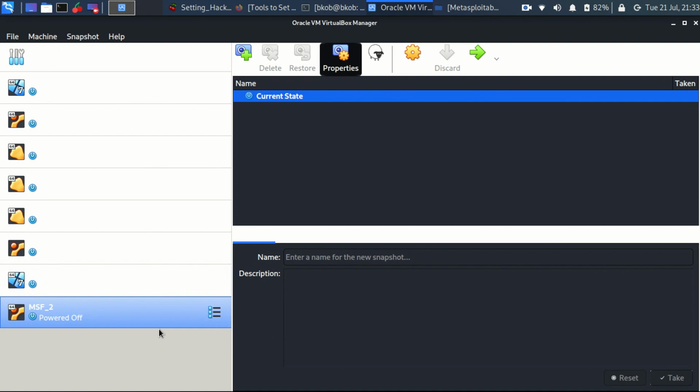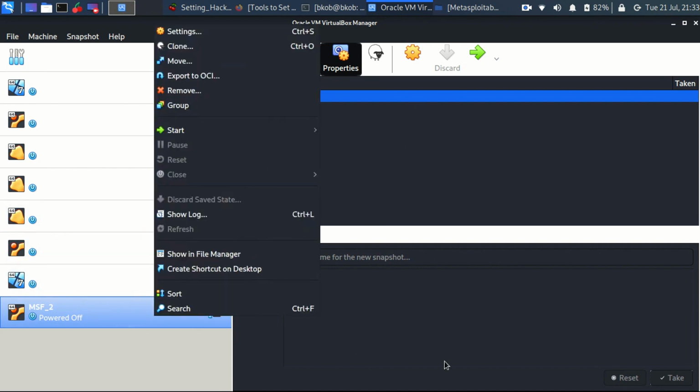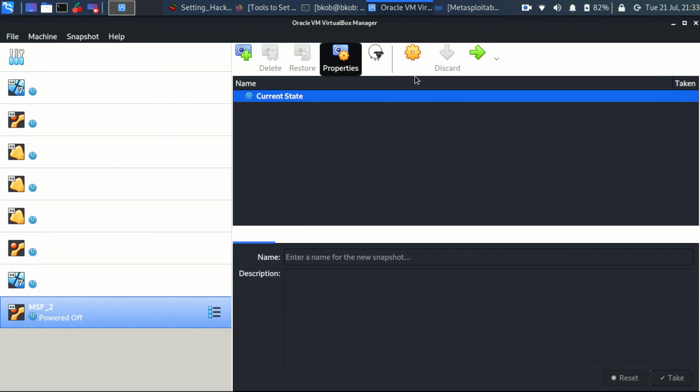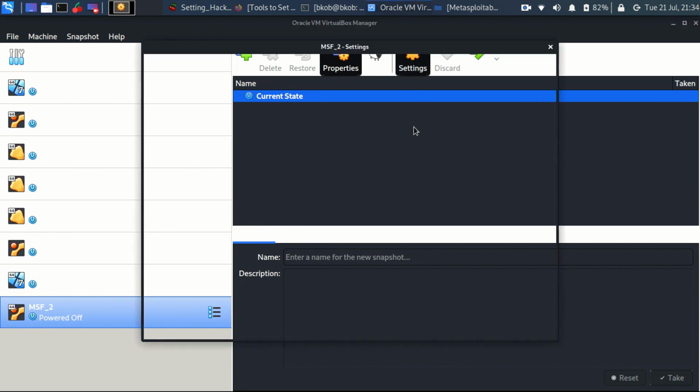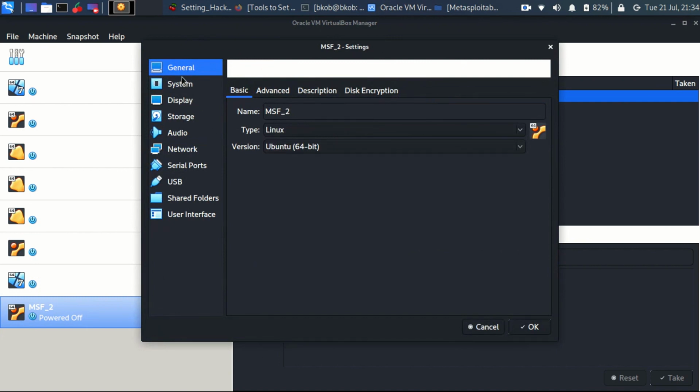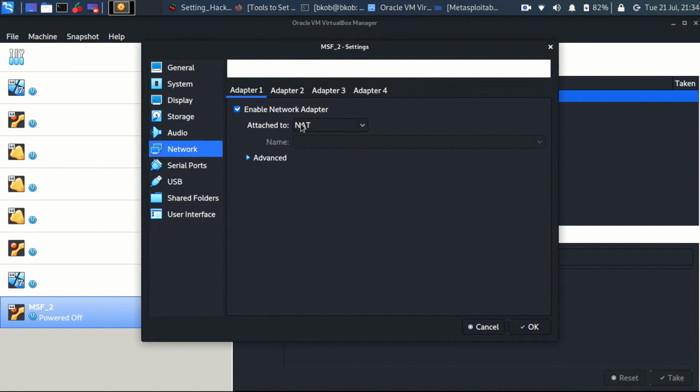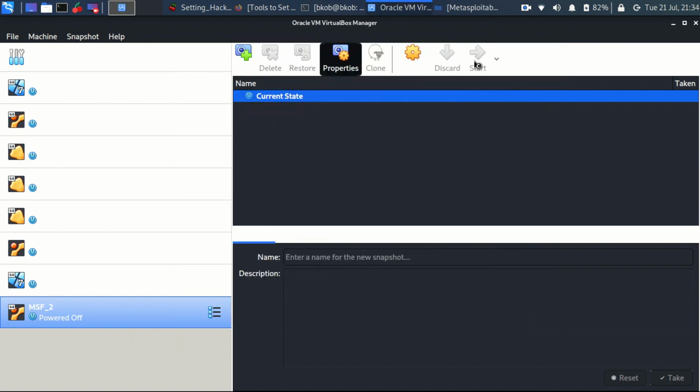Now, as we did with the other machines in VirtualBox, we also need to configure the network. So you can right click over the image, or select the image and click on settings. This would open up your settings console, where you can change other settings, but in my case I'm only going to set the network. As you can see, I'm selecting the bridged adapter, and as usual I'm selecting wlan0 because my connectivity is happening via a Wi-Fi network.